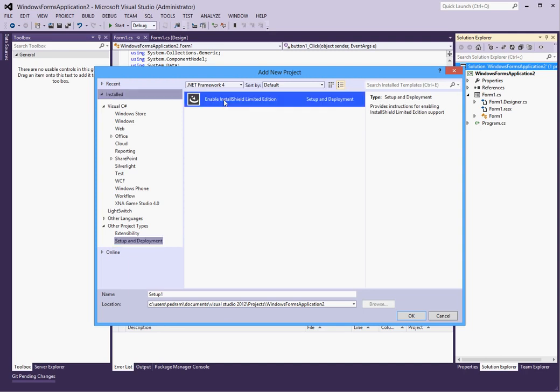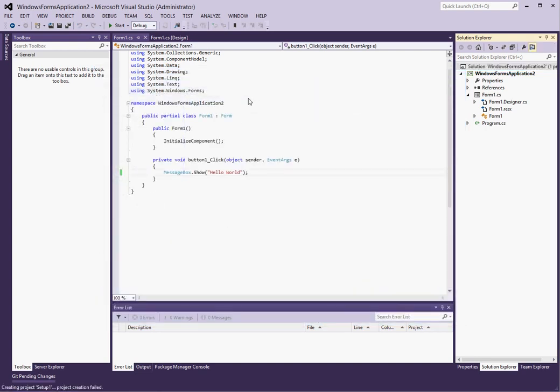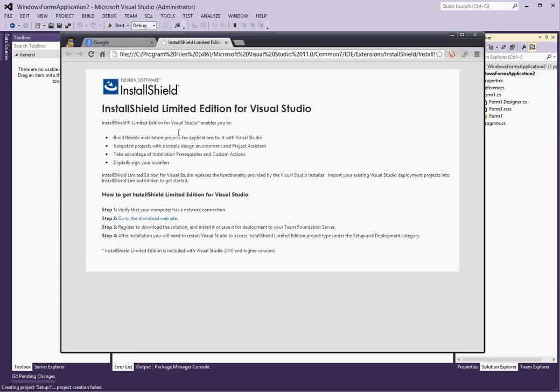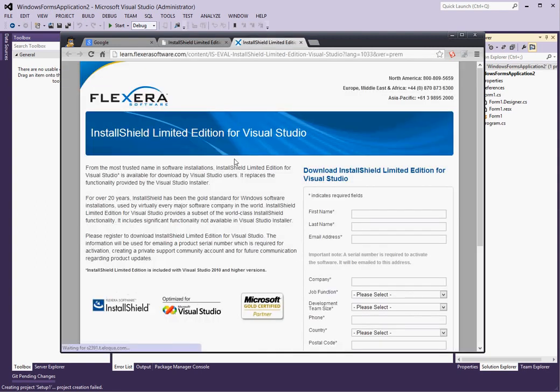But here you can clearly see that the only option here is to enable InstallShield Limited Edition, also known as the InstallShield Lite Edition. So if I double click on that, it brings up the following browser window, which essentially says download the InstallShield Lite Edition,